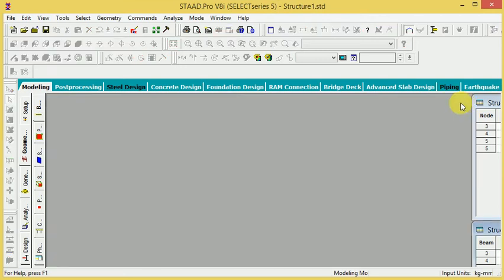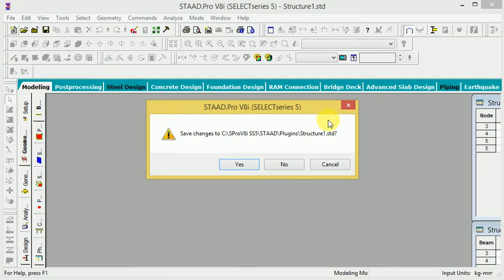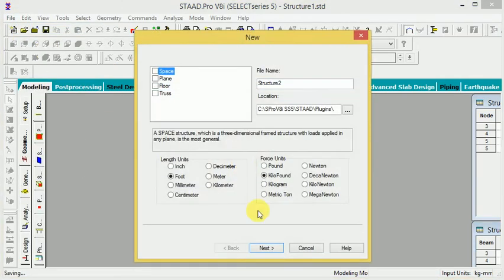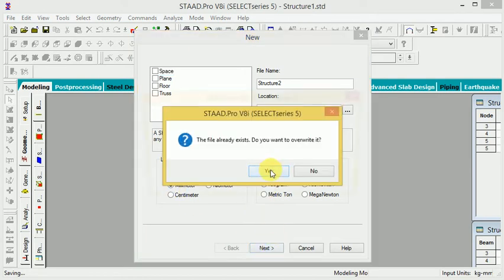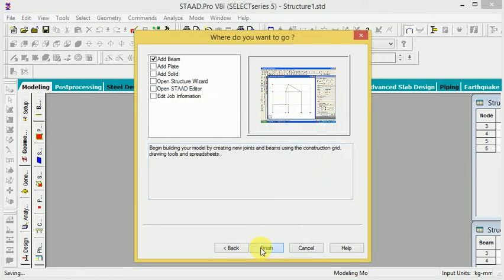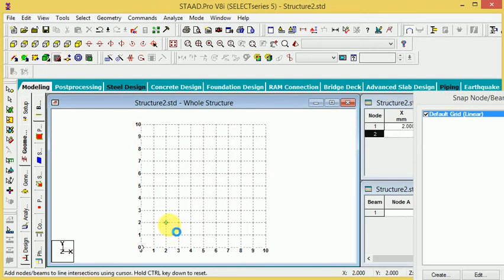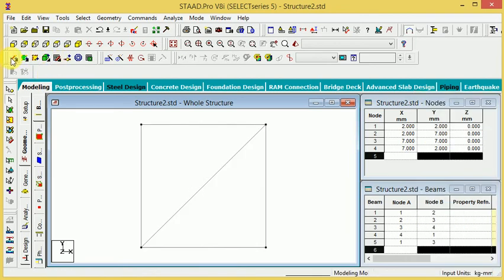now select this, again a new diagram. When you go to file and new page, we follow the same procedure here: millimeter, kilogram and OK. This is finished here, and apply the node and apply the front plane. When you create the line, the point has been created, then create here and OK. Same exit on this, add beam, apply add beam and point, and click this point.